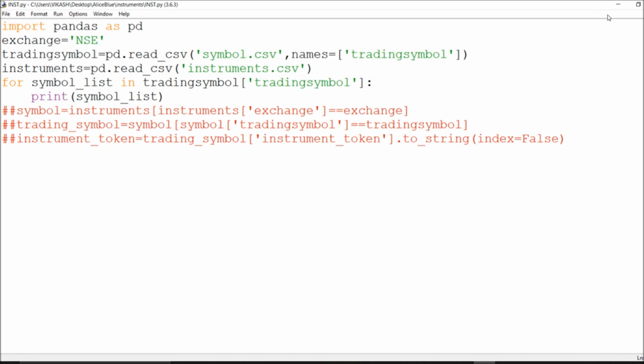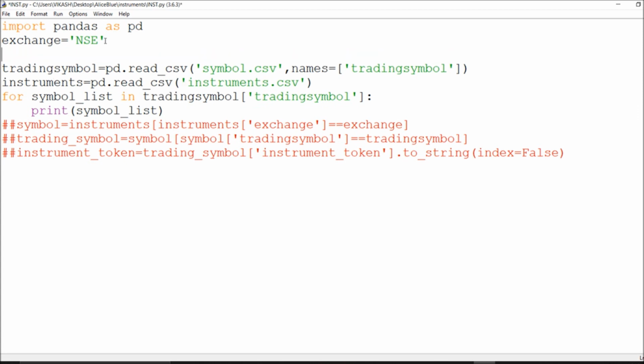So right now I want to fetch this particular stuff and save it in a required CSV of mine. I already have these symbols listed for me. Right now you should not go for storing in a CSV or something. If you already have an instrument.csv, just store it in a Python list itself. You can just say it as a list, whatever you got, and just append them and you are good to go.